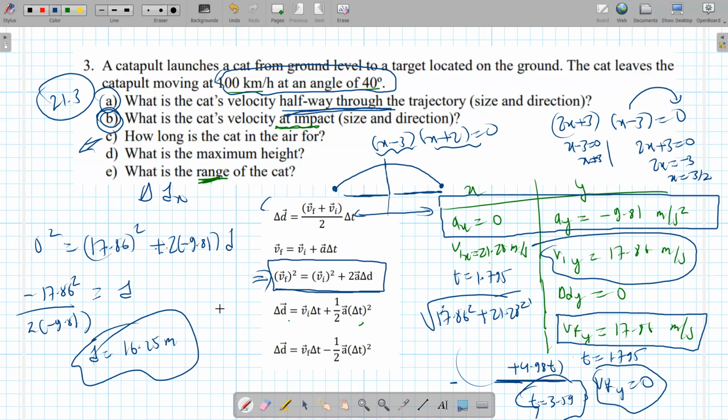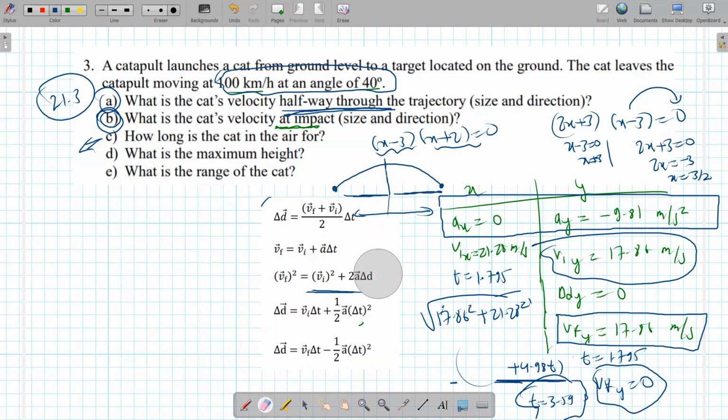Did you understand this question? Yeah. The maximum height just used the BF. So for the range, again, it's very simple. It's the fourth equation, this guy right here. The change in distance in the x direction, that's what the range is, equals VI times delta t. So we know the initial velocity in the x was 21.28